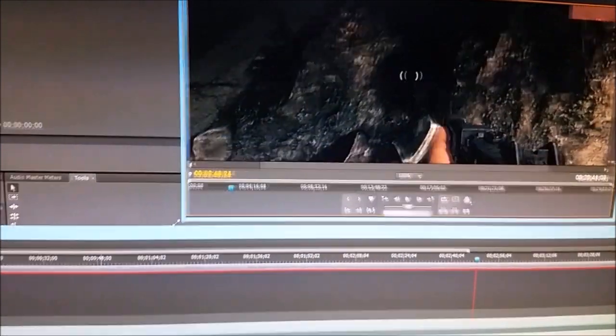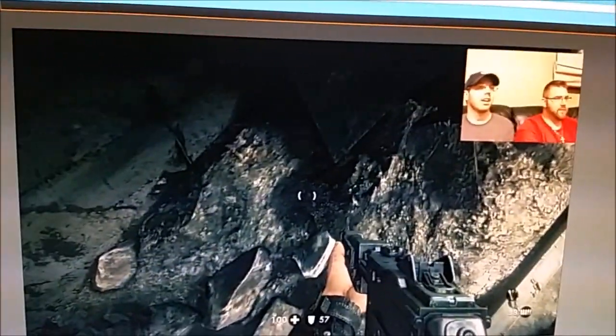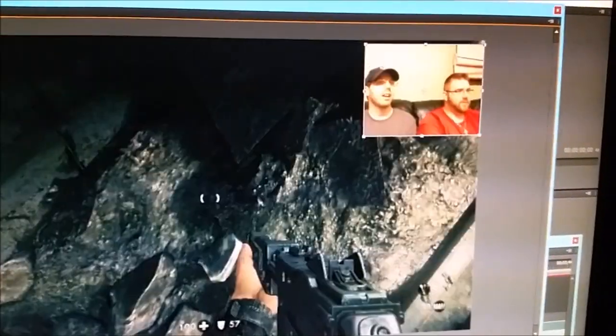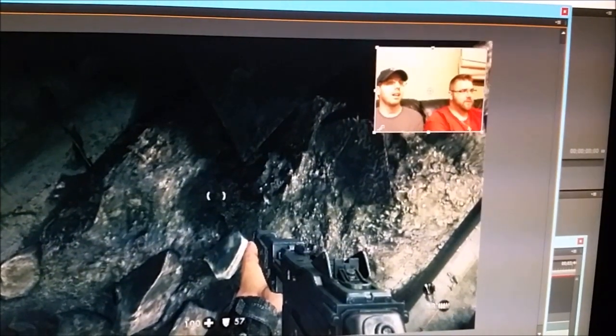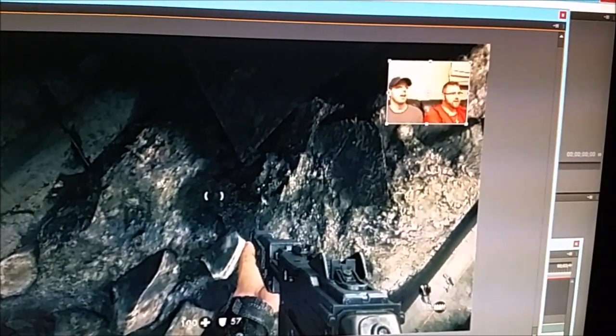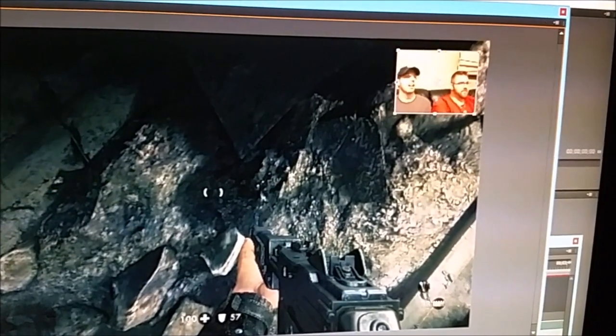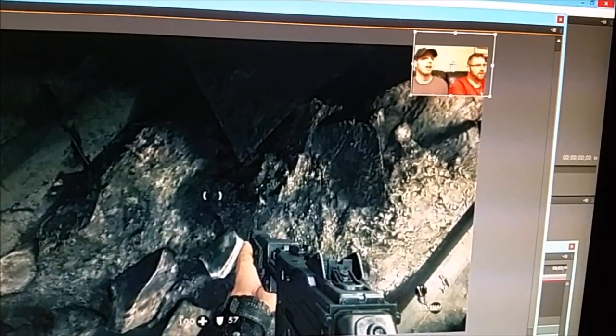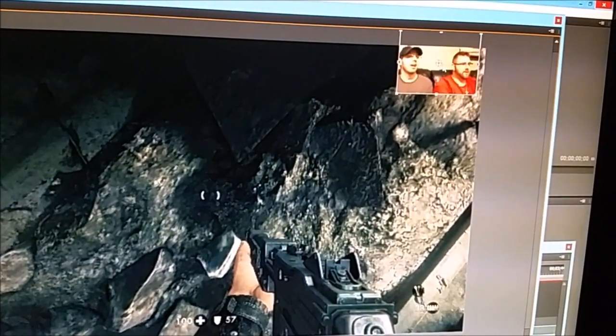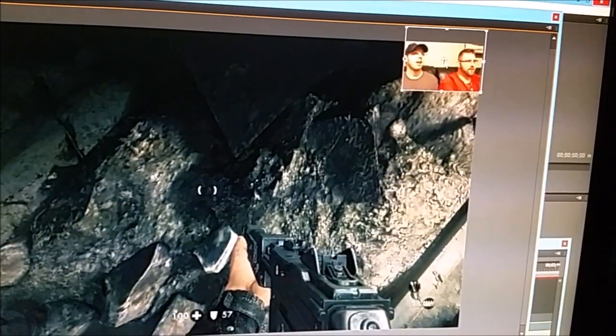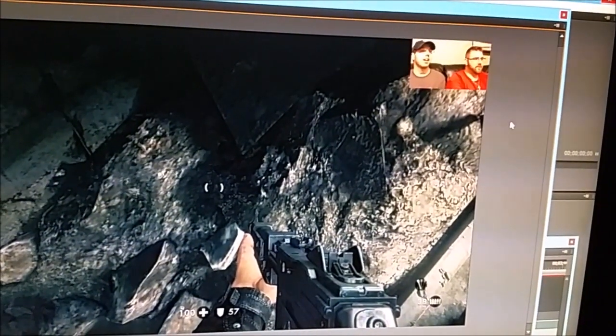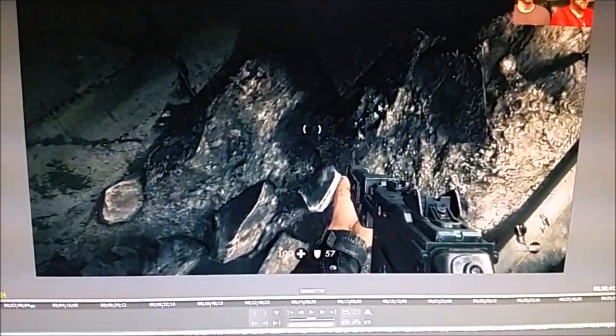and I want to resize our picture-in-picture video here. So you will notice that usually it's not the same every week, because I do this by hand and I don't really have a set way to do it. So I'll kind of just make sure we're both in the frame. I will cut out extraneous wall over our heads, and that looks pretty good. So you get the majority of the game and then us kind of in the corner. So now we've done that,